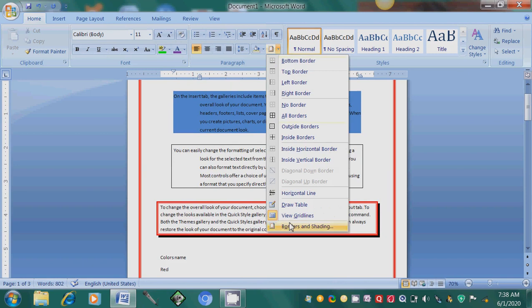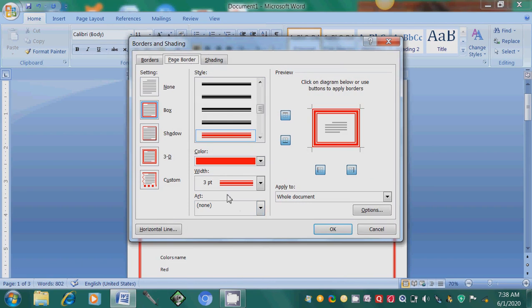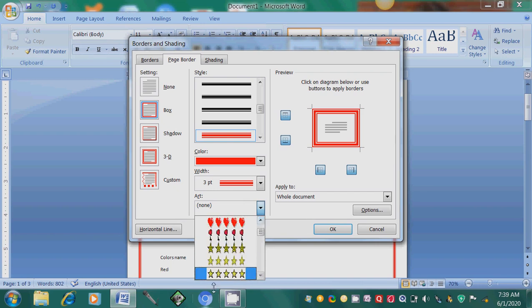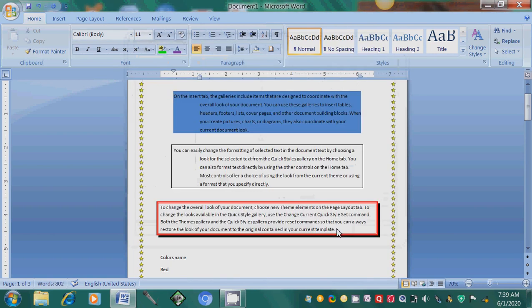See again, borders and shadings, page border. You can give different art also. Select any art that you require, that you like, or many options are available here. I choose this star because you all are stars. Okay, then the star will appear.